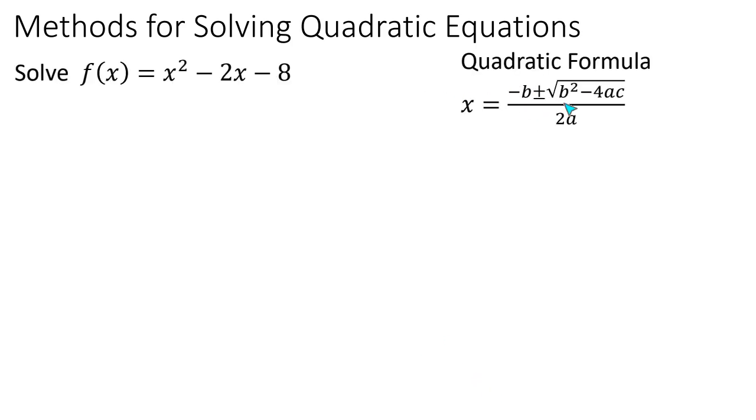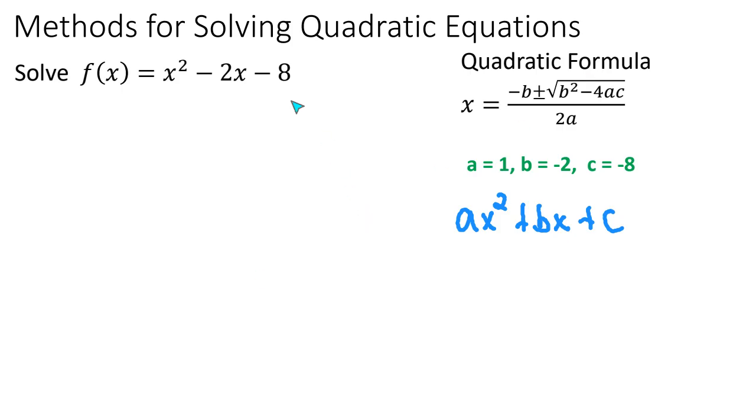The last one is the quadratic formula. So this is your quadratic formula here. You can always use it. A is going to be the number that is in front of x squared. So in your general form, ax squared plus bx plus c, a is always going to be the number in front of x squared, b is always the number in front of x, and then c is going to be your constant. So if we look at our example, in front of x squared, I have a 1. In front of x, I have a negative 2. And then our constant is going